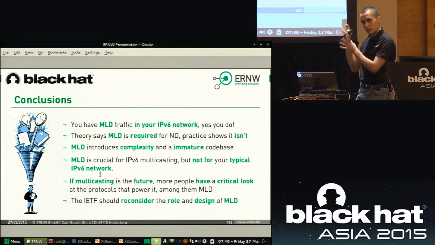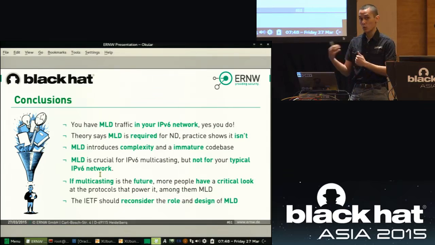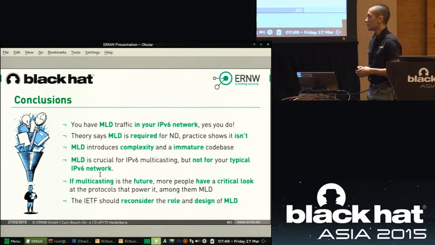And all these problems we've been talking about also apply to wireless links, and they get worse. Multicast on wireless is a problem, not from a security point of view, but from a power consumption and efficiency point of view. So multicast on IPv6 is definitely something which must be looked at.